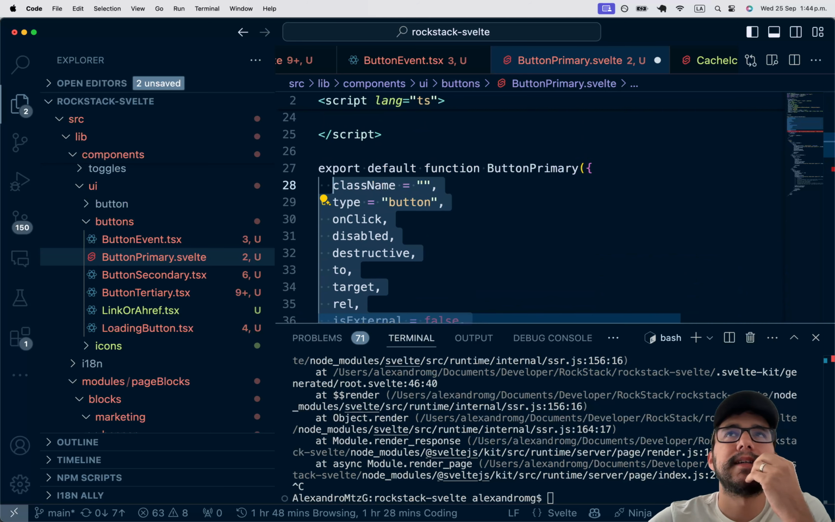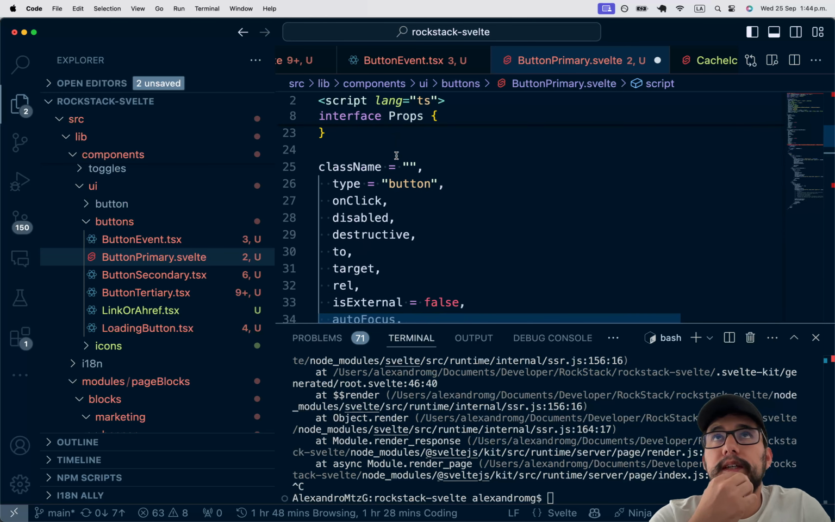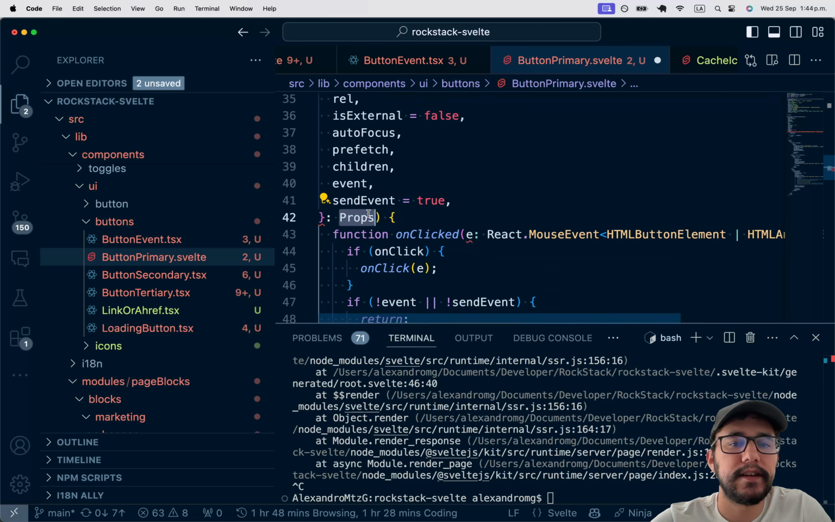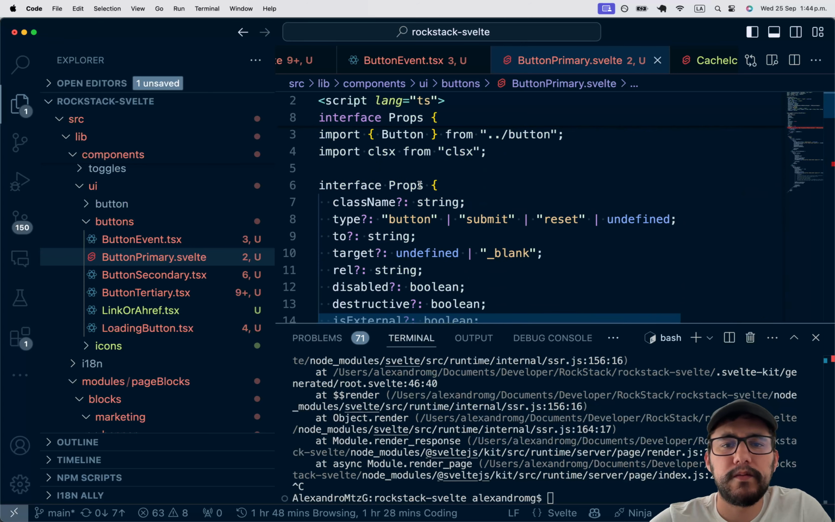But is there a way that I can, instead of having these export variables, export all of them at once? Like in React, this is inside this interface called props. So I guess I will leverage